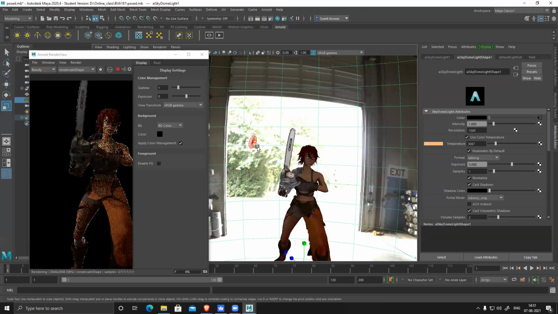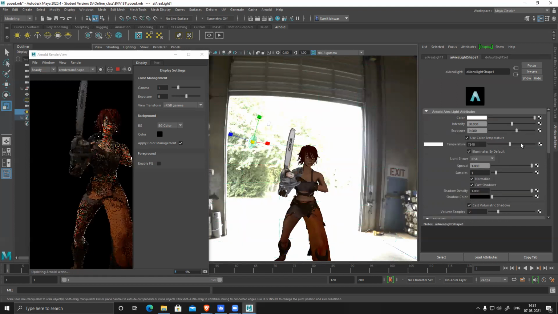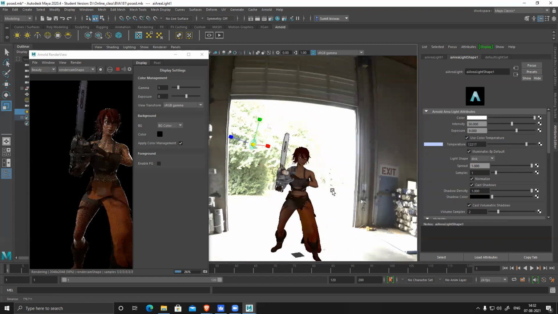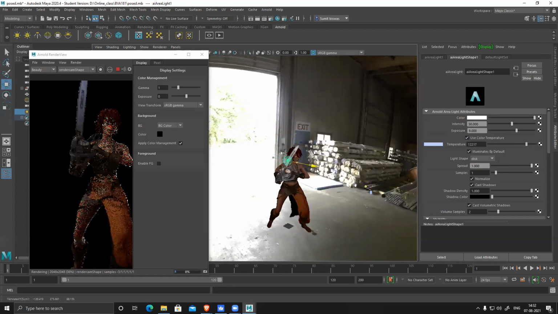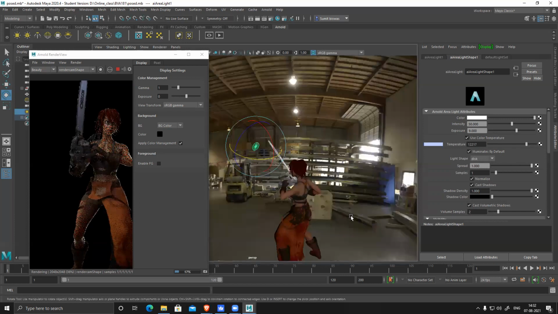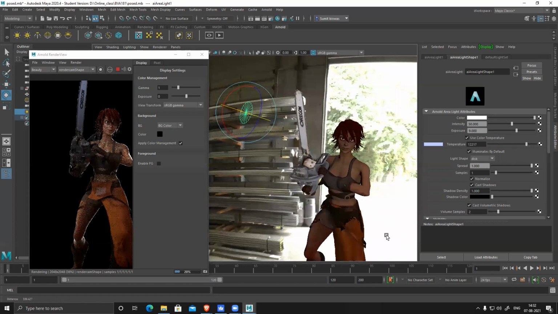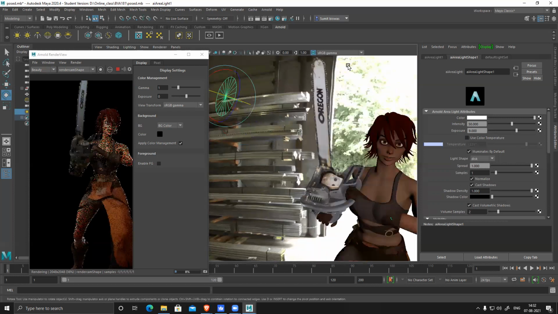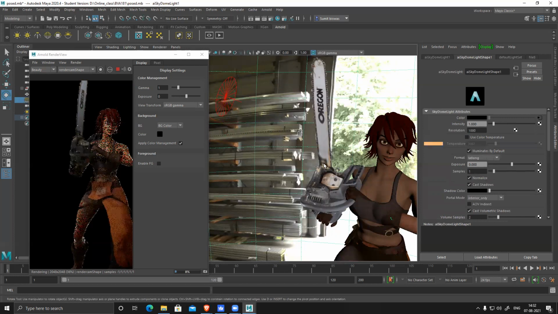Slightly warm, and this one I can make slightly cool. Now, without this color temperature, it looks fine.